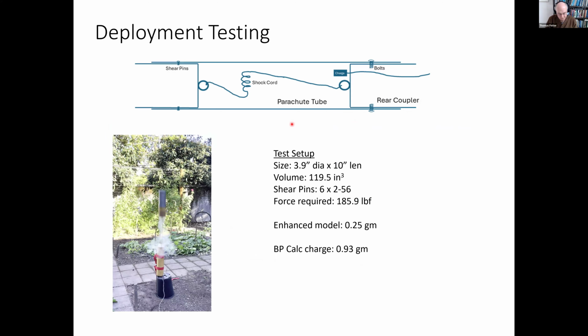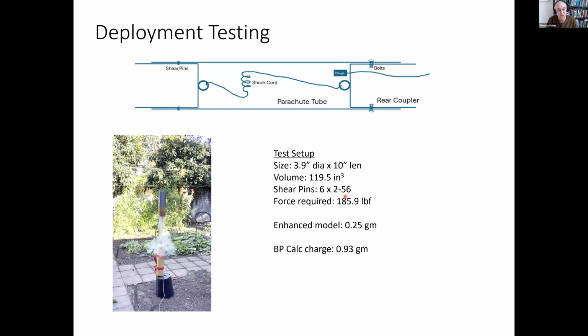So the deployment fixture looks very much like a rocket. It consists of a parachute tube with a rear bulkhead coupler that remains permanently attached during the test, and a front bulkhead coupler that approximates the nose cone that's attached with shear pins. And the enhanced model tells us that a 1/4 gram of black powder would be necessary to shear